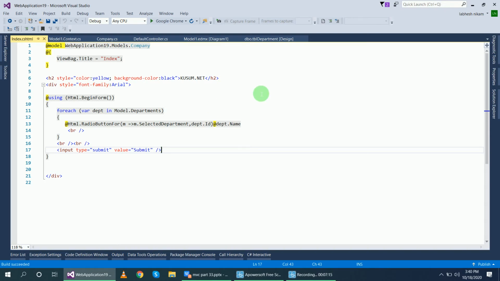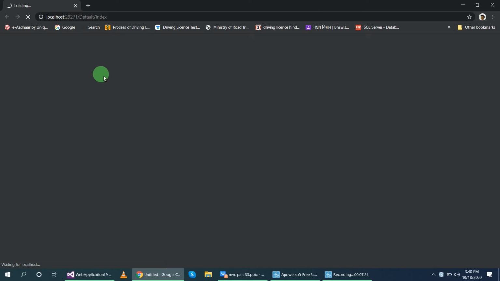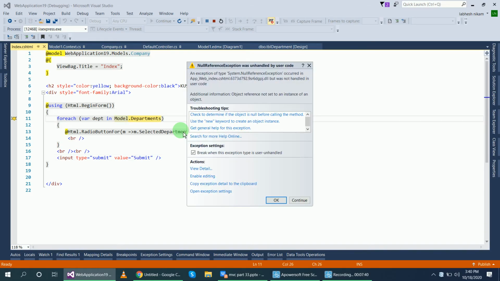Now let's run this program and check what happens. This is my Default controller and Index is my view page name. We have to check that when we click on any department, it must display the message with the department ID you have selected, and if not, then not selected.